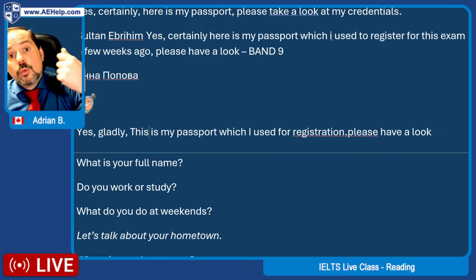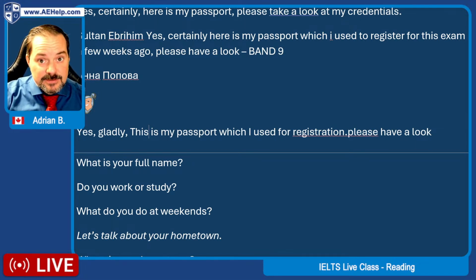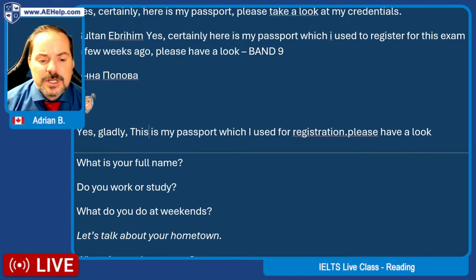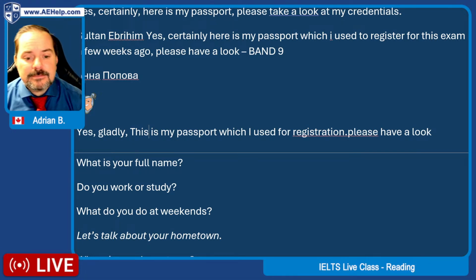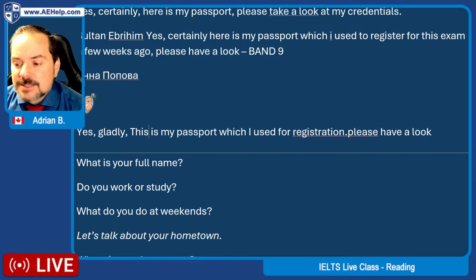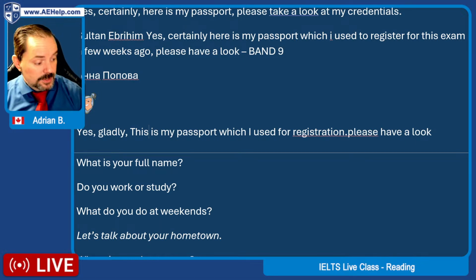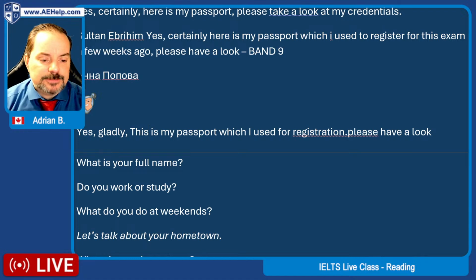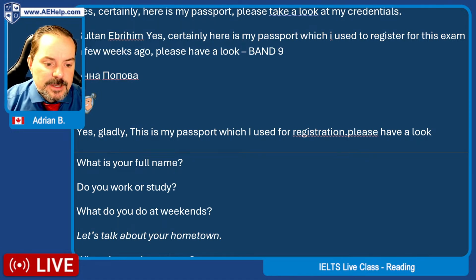If I'm asking you what is this, then you would say it is my passport, but it's obvious that it's your passport, so we don't say it is my passport. It's this is my passport. Not it is my passport. Okay. If I'm like, what do I have in my hand? And you can say, oh, it is my passport, or that is my passport. Okay. But you should say this is my passport.